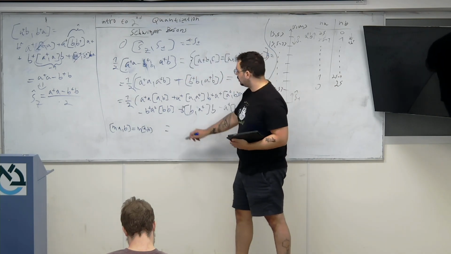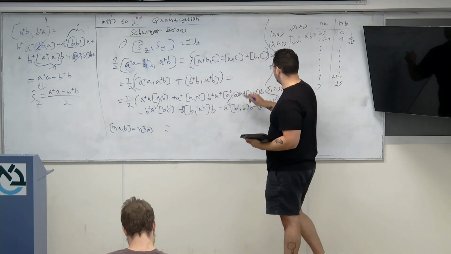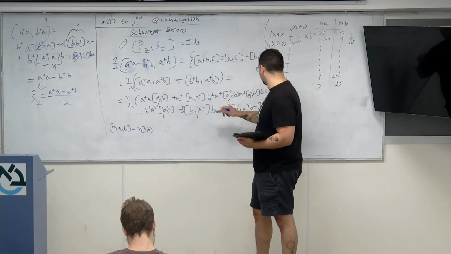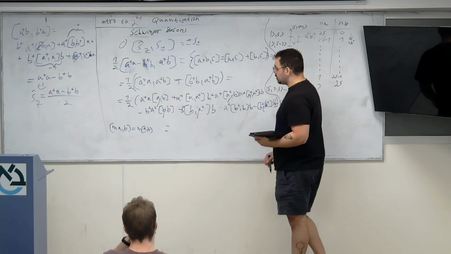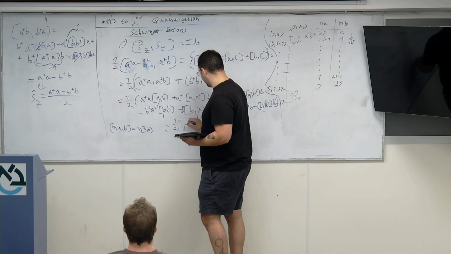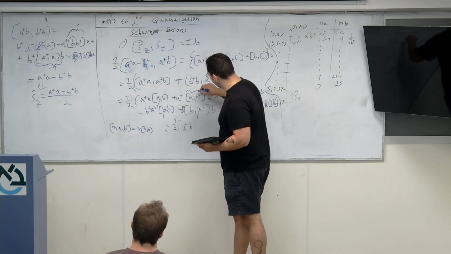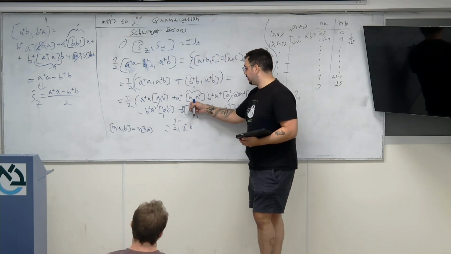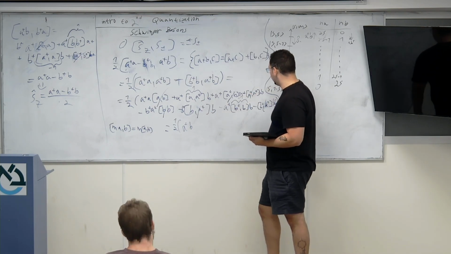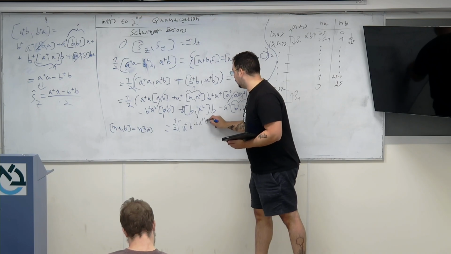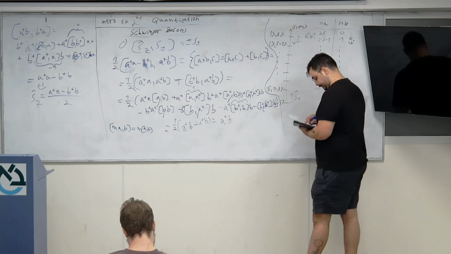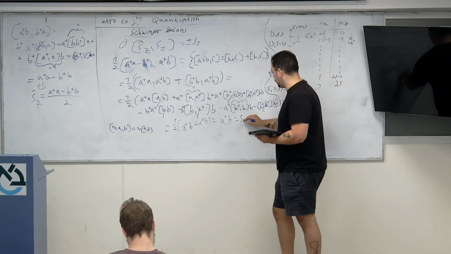Now, this one cancels out, this one cancels out, this one cancels out. Again, all of this from the commutation relation. This one cancels out, this one cancels out, this one cancels out. So we have 1/2 A dagger B. This one is equal to 1. Remember, if the creation operator is on the right, it's equal to 1. If it's on the left, it's equal to -1. So plus A dagger B equals A dagger B, which equals S plus.